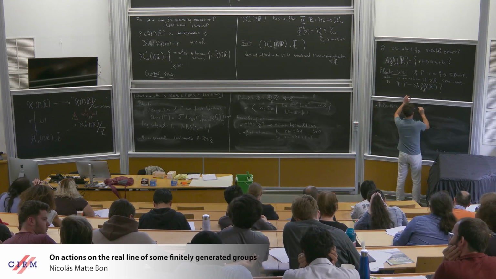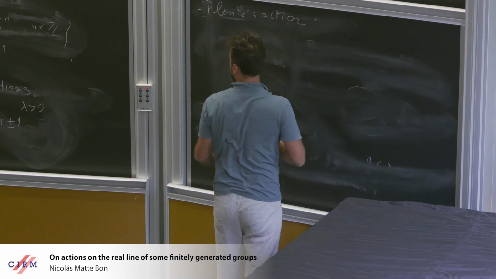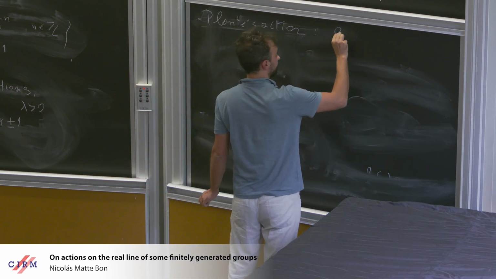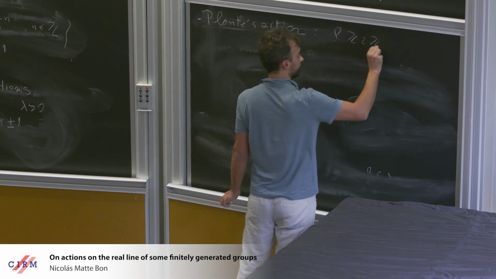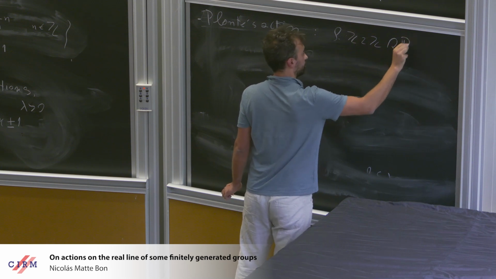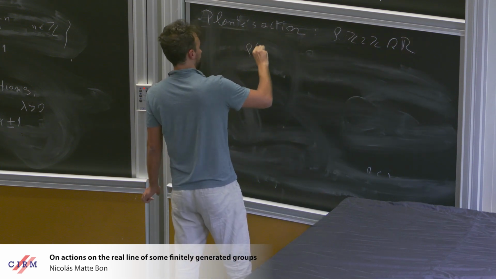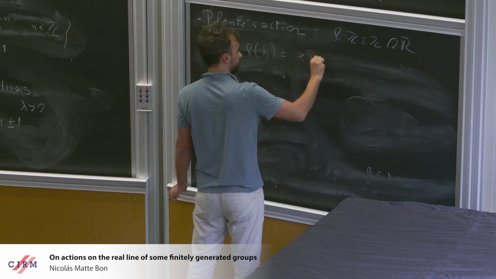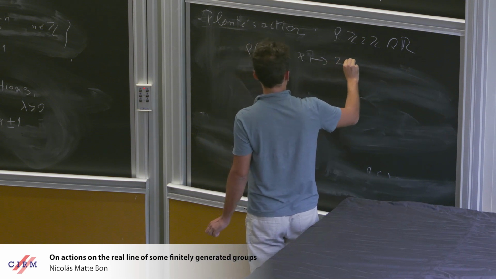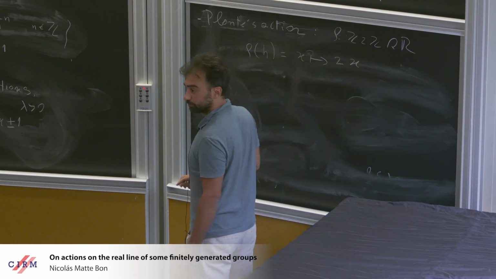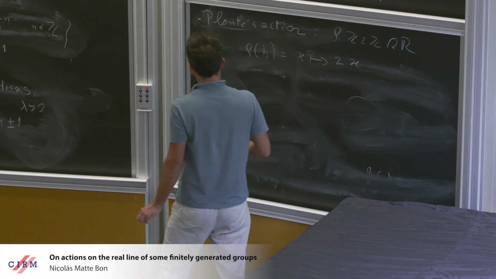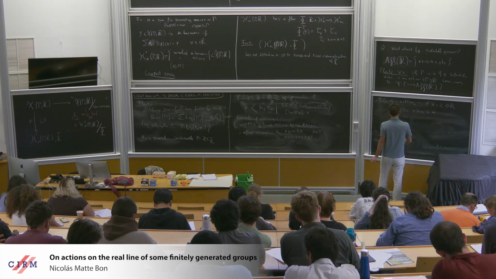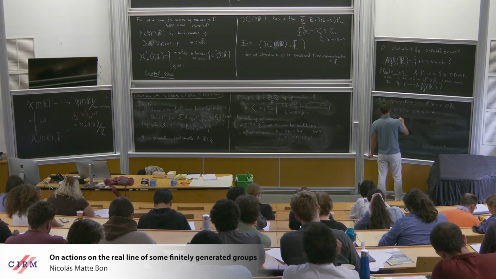How do you do this thing? So it's a bit tricky to construct, but let's try to define an action as follows. First, the generator h of Z, we map it to a homothety. It doesn't matter which one. Let's say multiplication by 2, one generator. And the other generator, we try to map it to something which has fixed points, so it cannot be a translation. So define rho of t0